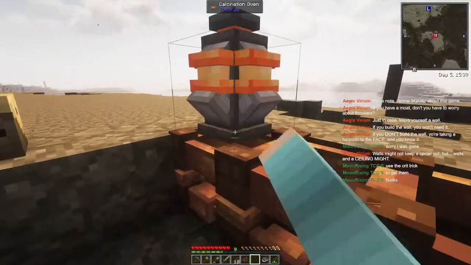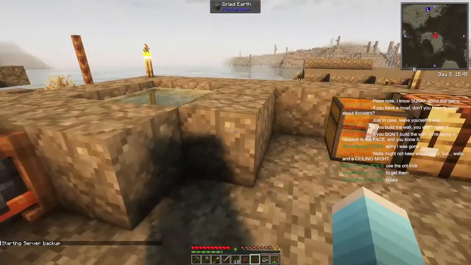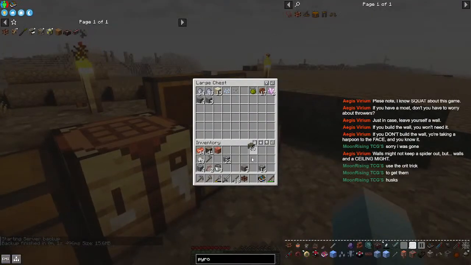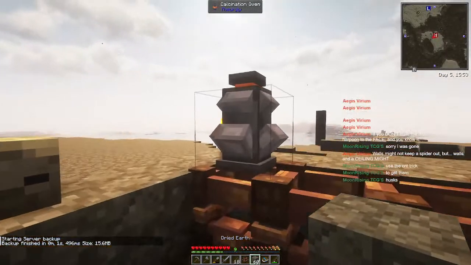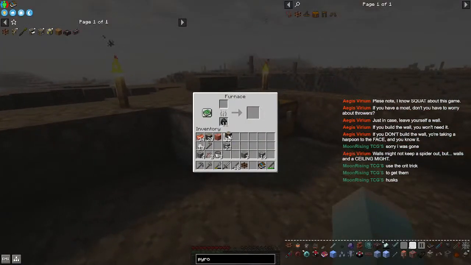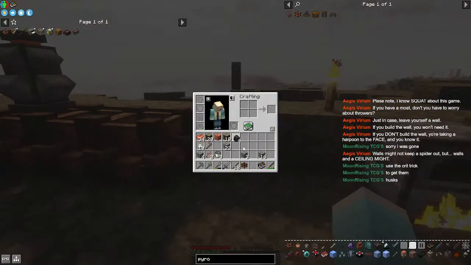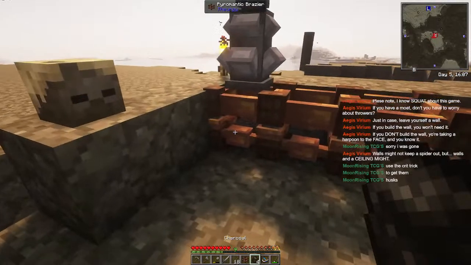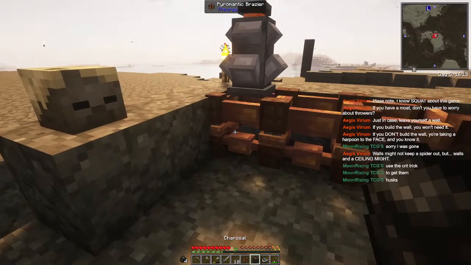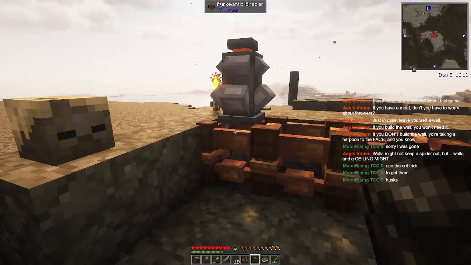Calcinite oven. Yoink. Okay, calcinite oven. The way it works is it takes, I suppose we need dried earth. I'm getting ahead of myself. We need dried earth first. And then charcoal. Yoink, yoink. Alright, and then you put a charcoal, now you don't want to put 4. You only want to have like 1 in your stack, otherwise it's going to take the whole stack. And you're going to put, I